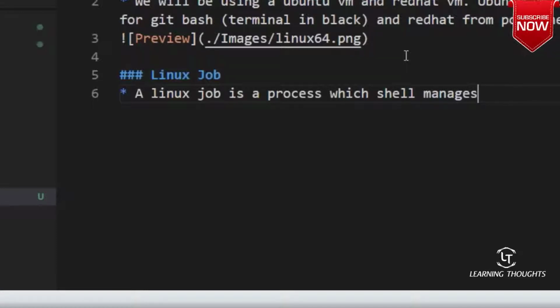But what happens is, a job is something which is running. Each job is assigned a sequential job ID.